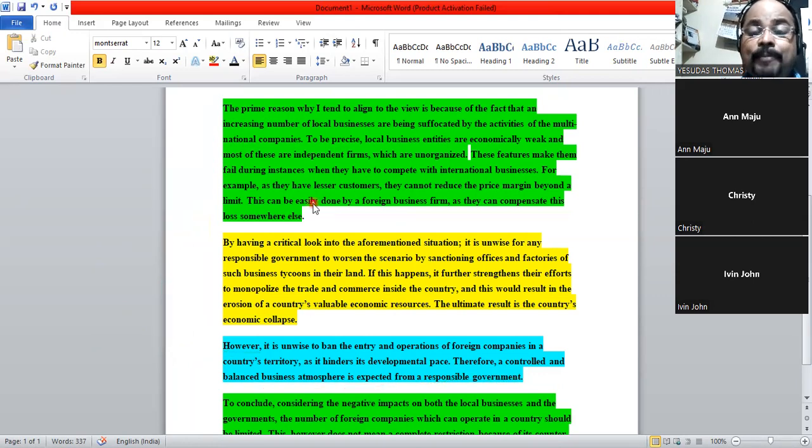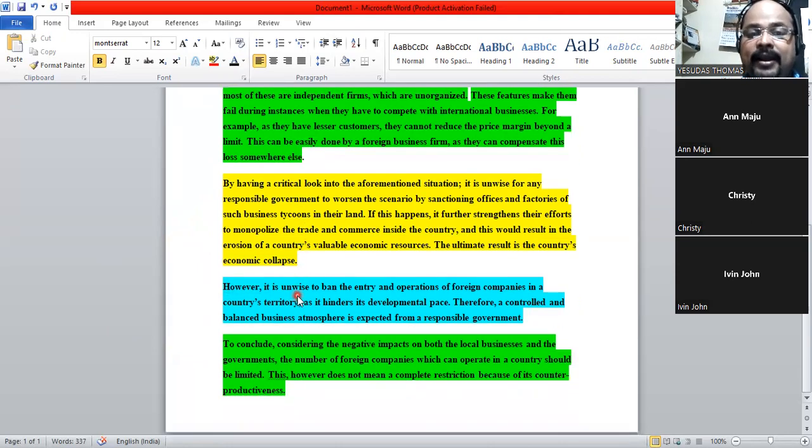Now, we have 3 paragraphs, 2 paragraphs to agree, and 1 paragraph to disagree. Anyway, towards the last part of the disagreement paragraph, we have said the solution for this. Now, to conclude,